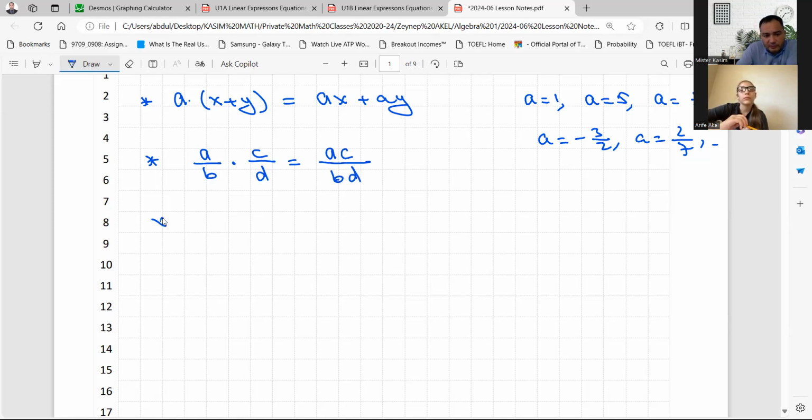And another thing you have to know is, how do we simplify a fraction? To simplify a fraction, first you have to factorize the numerator and also factorize the denominator if they have a common factor. As you see here, c is a common factor, right? So the c's cancel each other. That is equivalent to this fraction, right? That means that, Zainab, if you multiply numerator and denominator by the same number, the value of the fraction does not change,